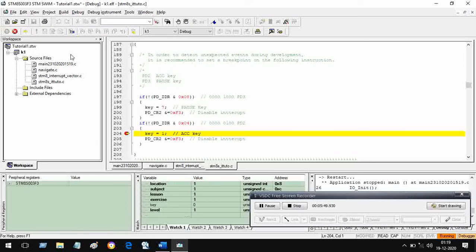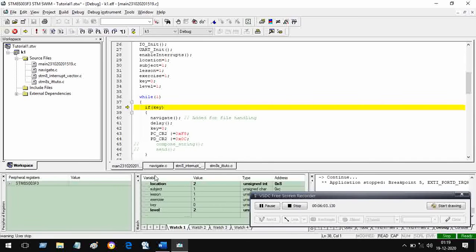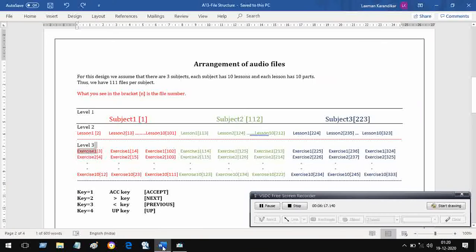I have run it. Now I am going to stop it, and so something will happen to these numbers. We will verify whether whatever is happening is right or not. So you can see it was 1, now it has become 2, and level was 1, level has become 2. Subject, lesson or exercise, they have not changed. What is this location 2 and what is the level 2? Let us go and see this.